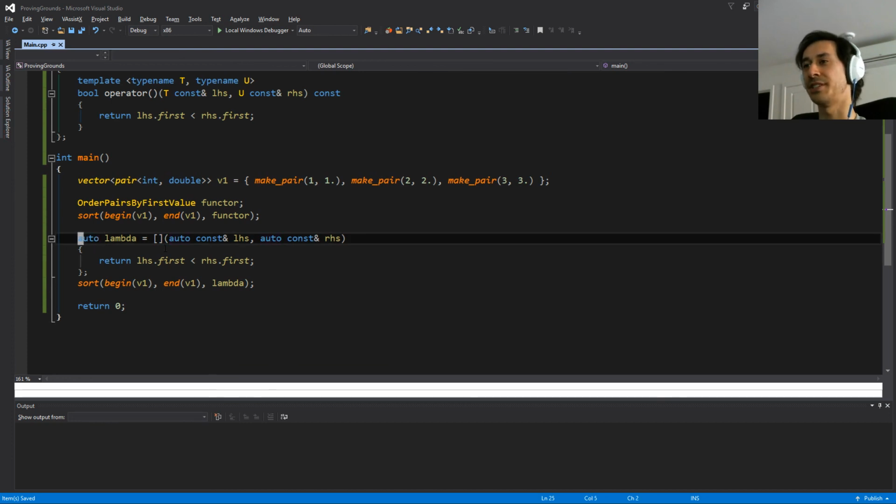There are a few other ways you can do this. You can use types that have some sort of type erasure, or you can implicitly convert lambdas into function pointers. So another thing you could do is you could say, well, this lambda is actually a type of function that returns a bool, right? Because it's going to return whether one of them is less than the other. And it takes as arguments,